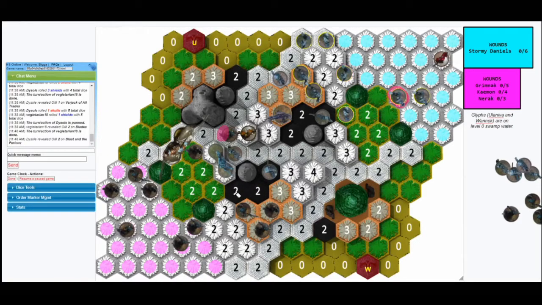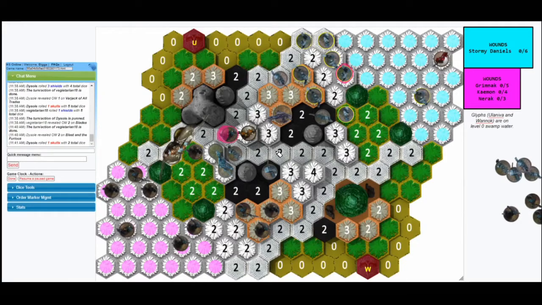I don't like that glad placement. I would have that glad up on the road so that Grimnack has nothing to chomp next turn. That would have been my play. Just minimize the chomping.